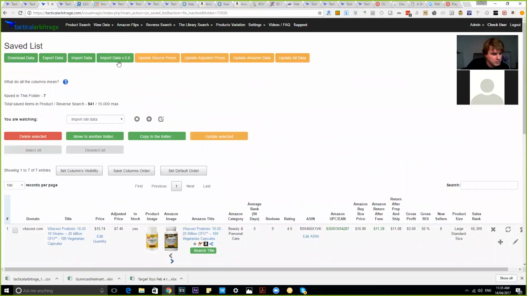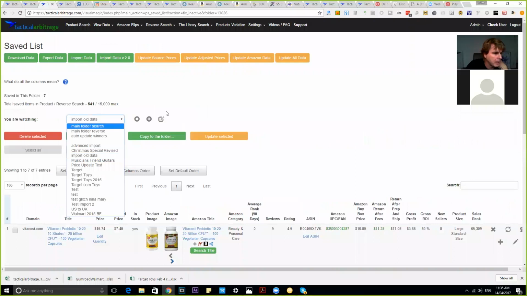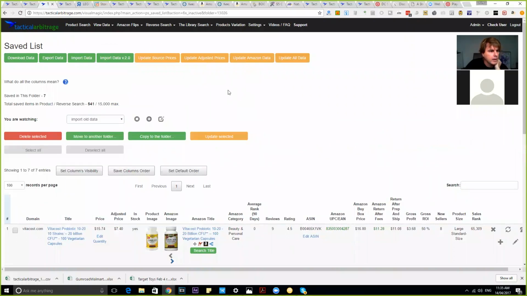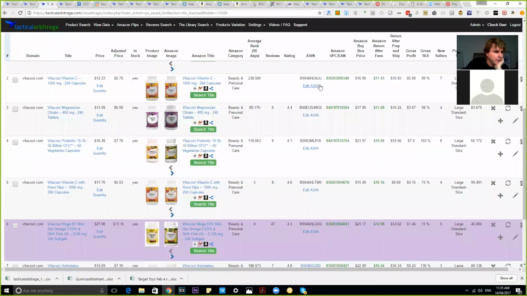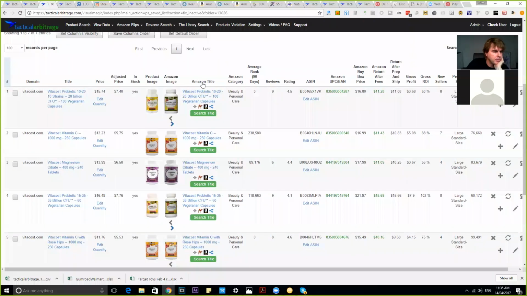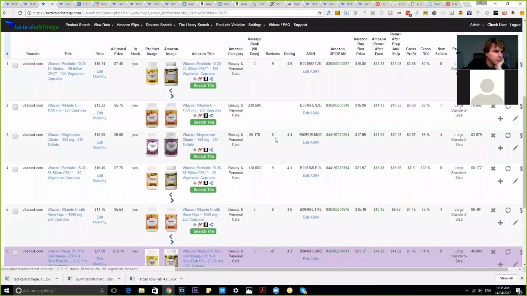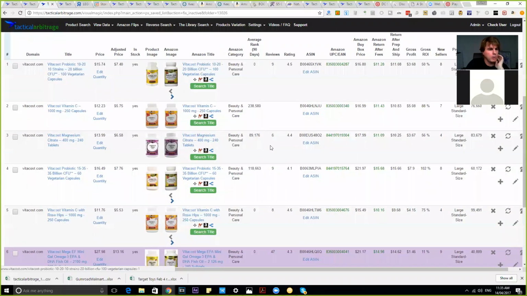A couple of my movements there were a little clunky, and I'll be working on polishing that up. Like, it shouldn't really jerk back to the main folder search. I know that it does do that, so I'll polish that up. But aside from that, what I've just done is export a CSV and re-import a CSV, and that's fine. Now, because all of the headings are exactly the same,